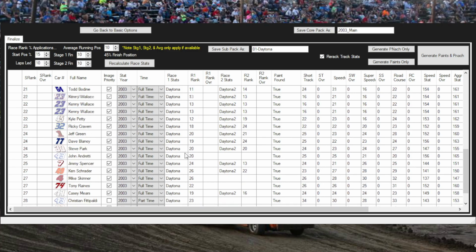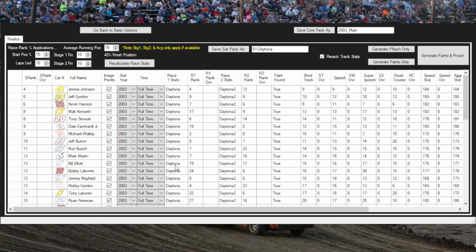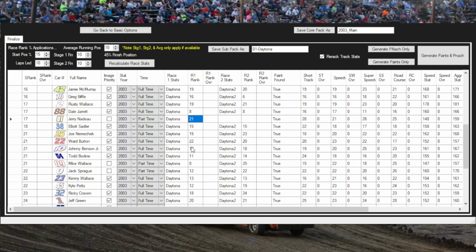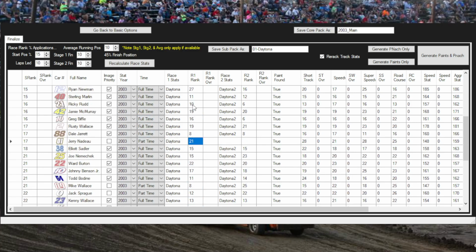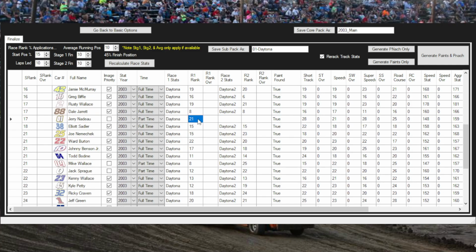But you can even use that to decide who's in this pack. So what you can do is set every driver who's in the field to full time, and you can see what their rank was. Now again, this isn't their finishing position. This is the combined